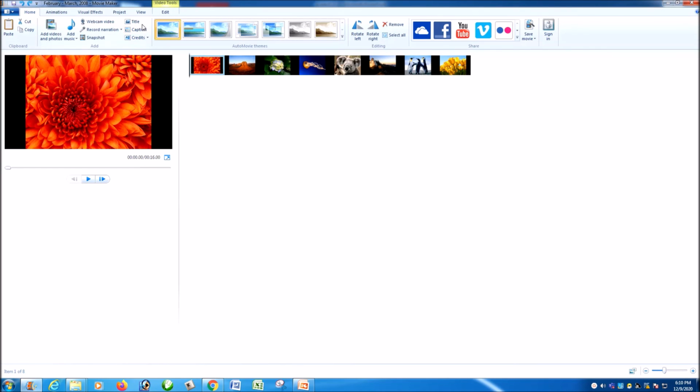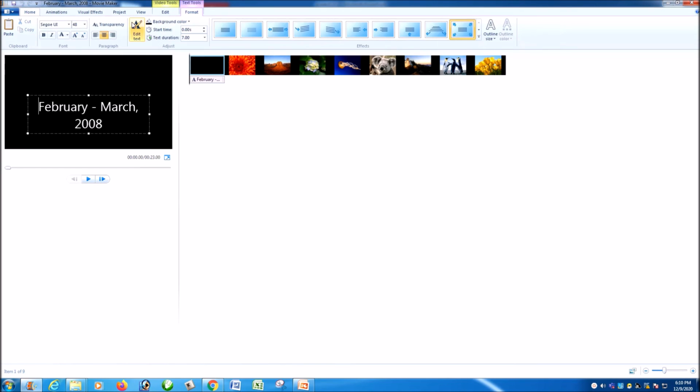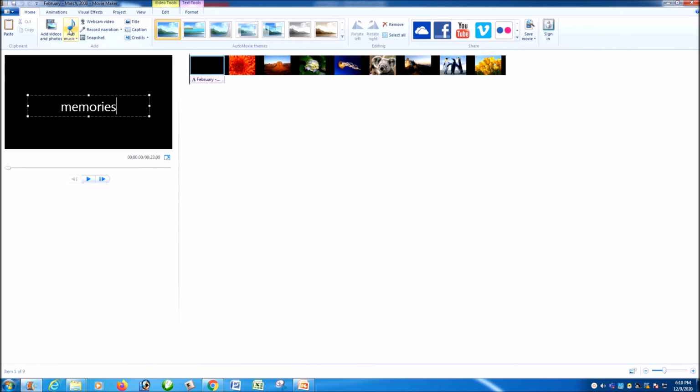See, first go to title. To add title, you can edit the title that you want. For example, I am editing like memories. Then for adding credits, go to Home tab, click on the arrow that is present next to credit and select the credit that you want to add.